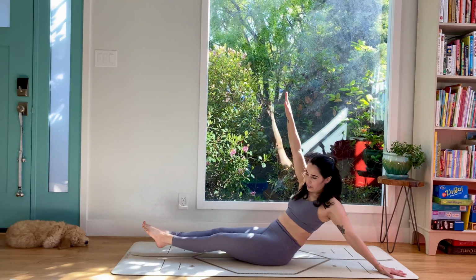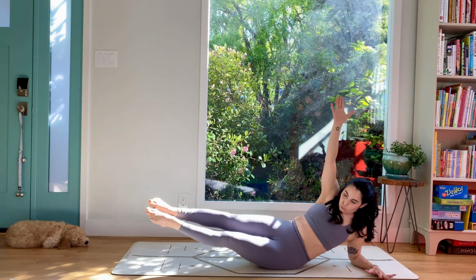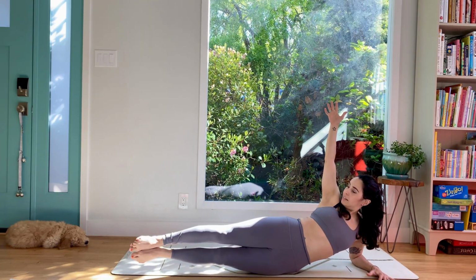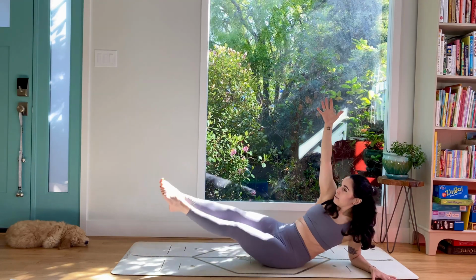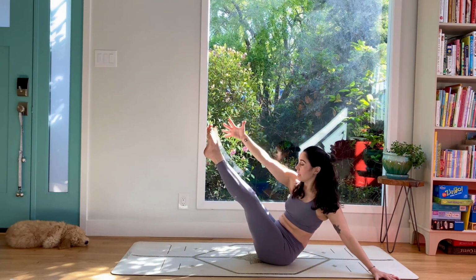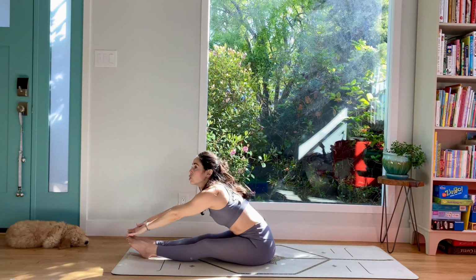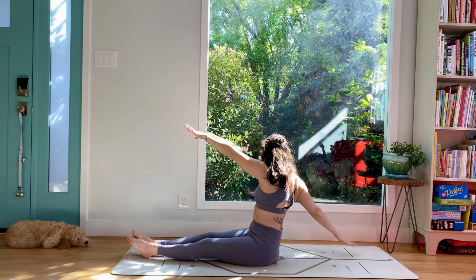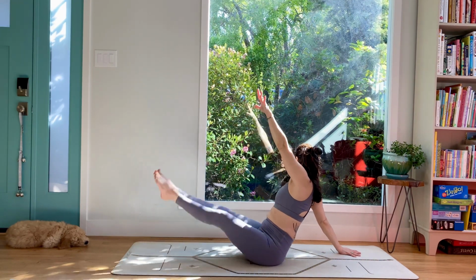All right, we're gonna extend and lower to the elbow like we did on the forearm, and then roll to stack. Go ahead and gaze down, stack those hips, lift the legs up, little crunch here, come back, press into the hand, lower those legs. Other side, swim forward, touch your toes if you can, right arm back, left arm forward. Lean, heart proud, take those legs up for 4,